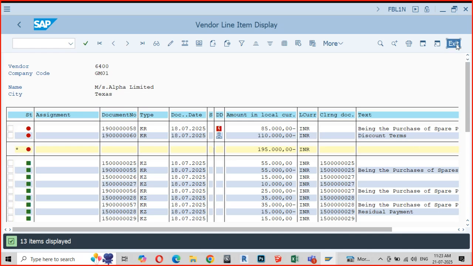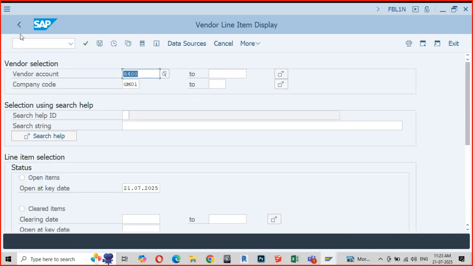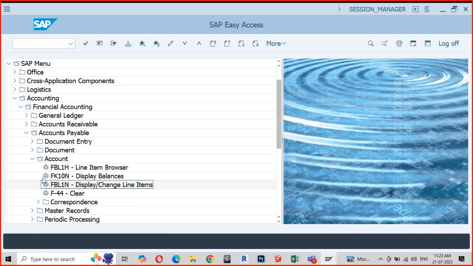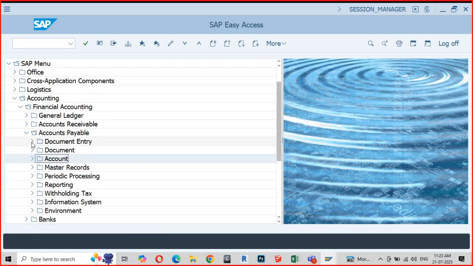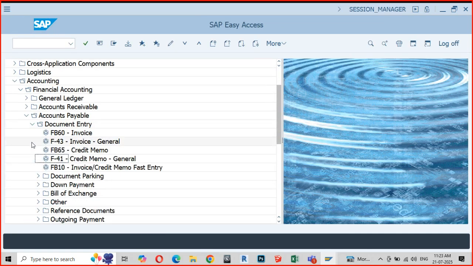I'll just make this payment. Students, are you getting confused? All I'm doing here is nullifying the balance so that you are able to identify how exactly the system treats this down payment, or the advances received or made.